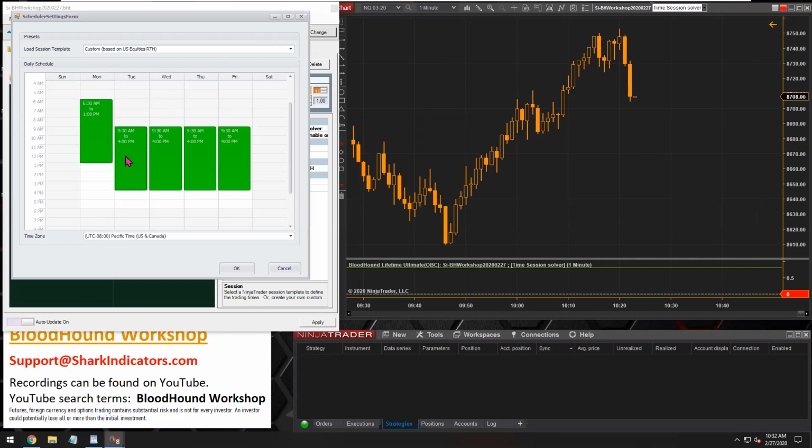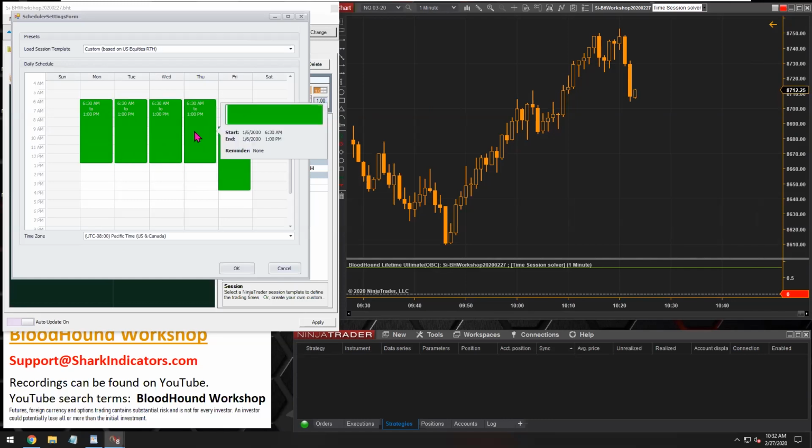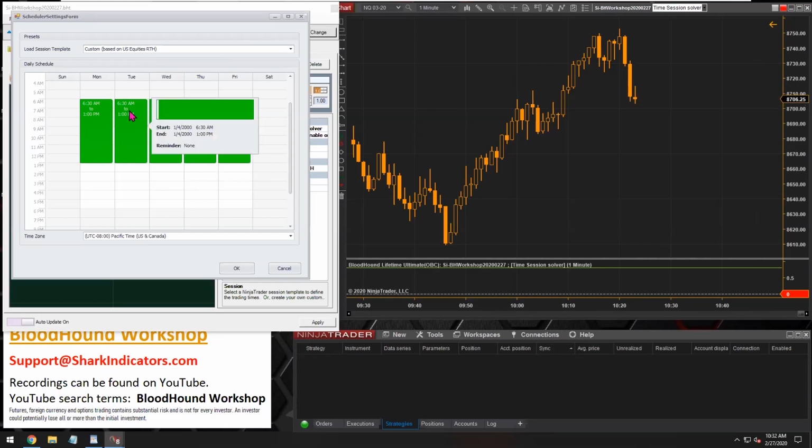So I would need to move all these blocks of time earlier in the morning in order to match the actual regular trading hours, the RTH, right? So if I still want this to be RTH, I have to convert this to my time zone, Pacific time here. So on the West Coast, trading hours are from 6:30 to 1 p.m. based on that. And so now if I click OK,